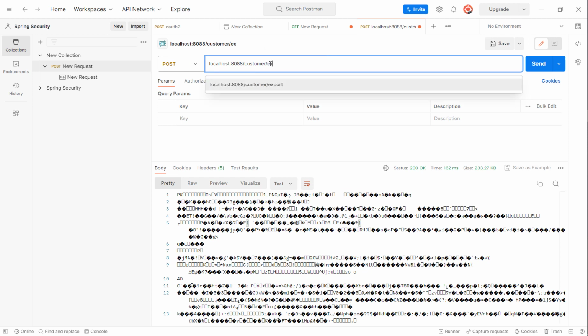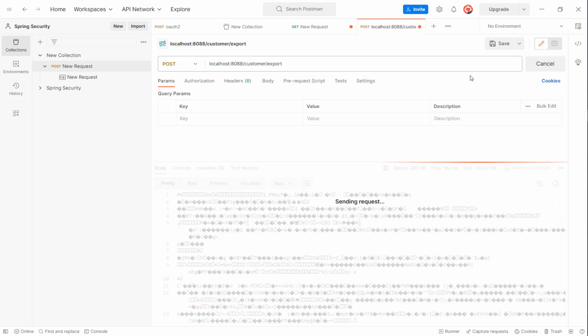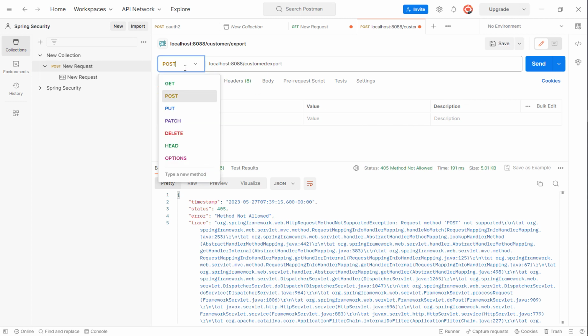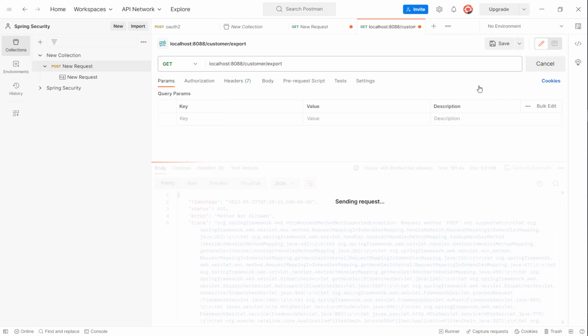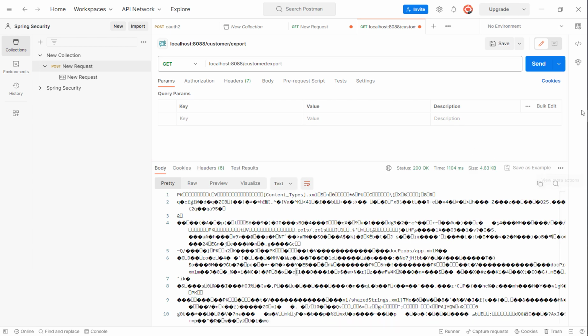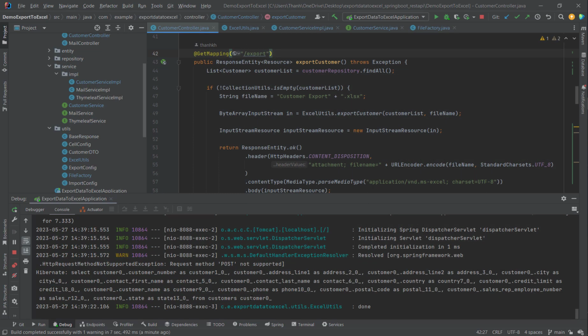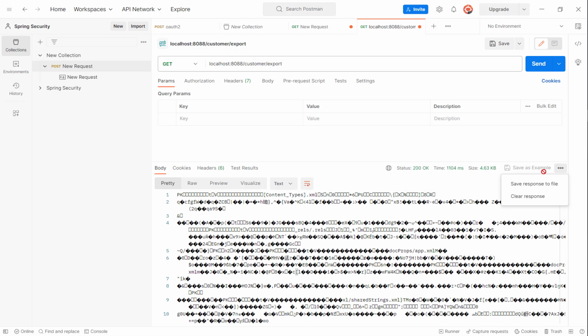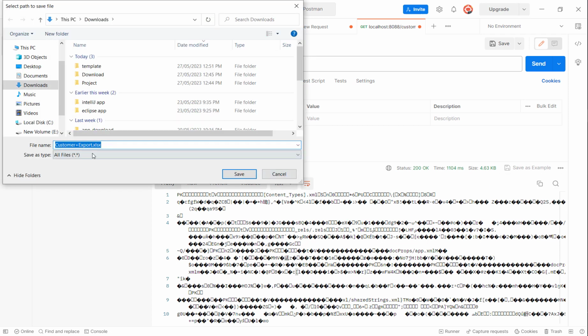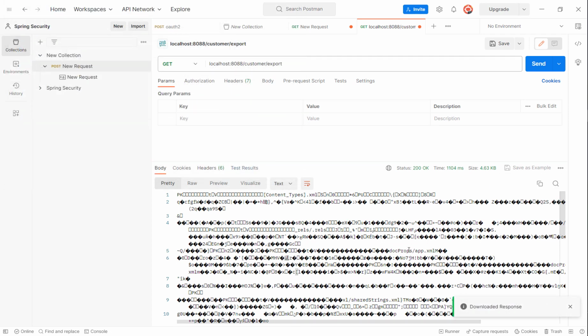For the import here I will set the method here for the import is rest. You can see the server runs successfully, and now I will set to that one file customer import,